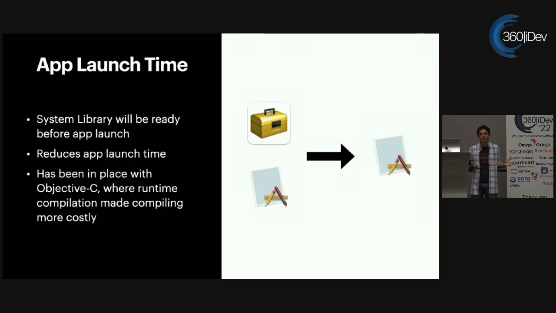Now, before, with Objective-C, this just-in-time compilation meant that every time I wanted to open an app, I may be recompiling a piece of that code. That meant that it was really, really critical with Objective-C to make sure that as little work as possible was necessary to open each app. Now, with Swift, it was a little bit better.